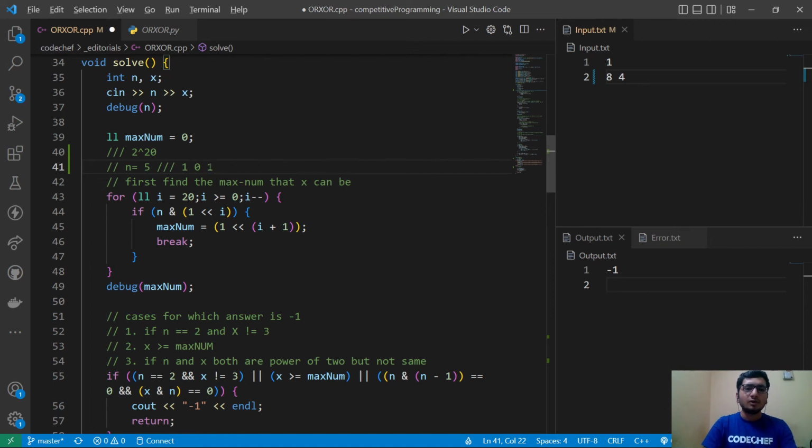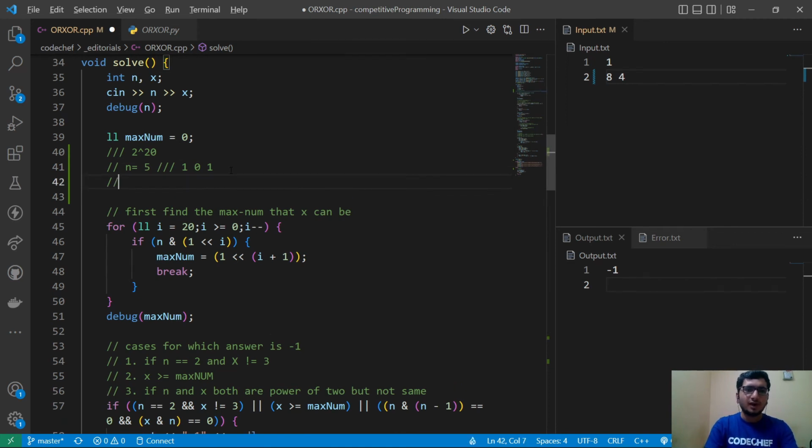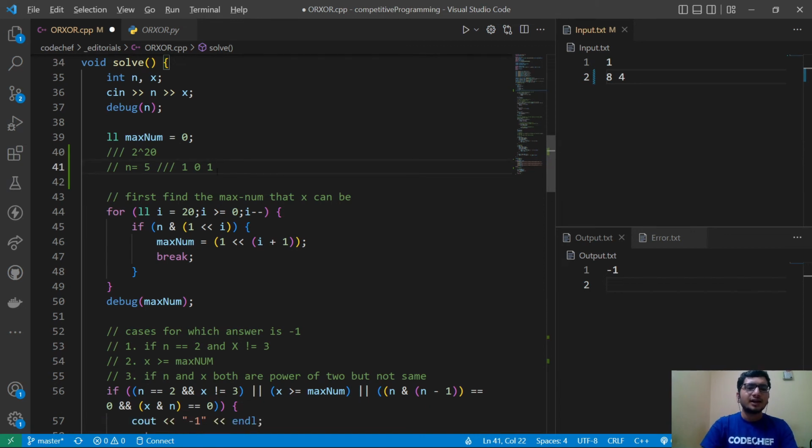So I'm checking all those bits, and I'm checking the last bit from the left side. If it is 1, we apply it to maximum. So what we're doing is we are shifting, right? We have 1. If we shift it once, it is 1. If we shift it twice, it becomes 2. If we do it thrice, it becomes 4, and so on and so forth. So we are doing that, and we find the leftmost bit which is set. We are finding it by doing an AND, right? So if we have 5,